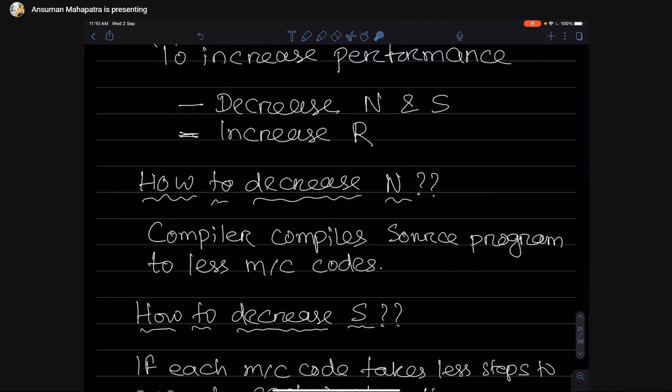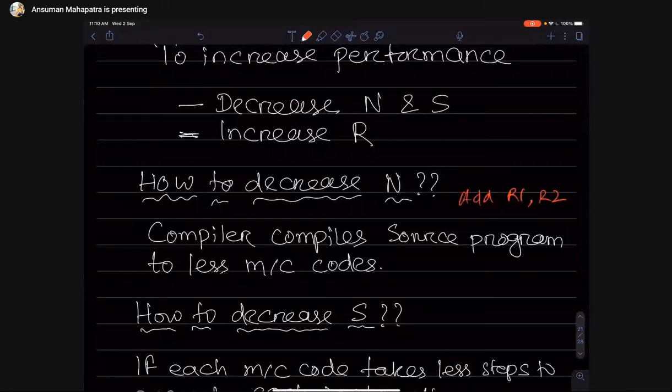So who generates the instructions? The compiler is the one who generates the instructions. Instruction means, always think in computer organization and architecture, I mean the assembly level instruction, not the high level language that you are writing, not the C program instruction. I am talking about your assembly level language. Assembly level language means this one, add r1, r2, like this. So this type of instruction will be generated by our compiler.